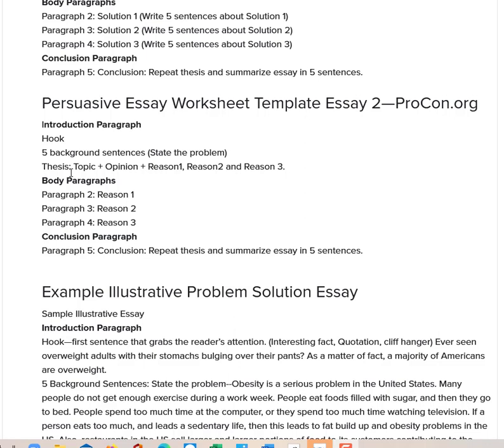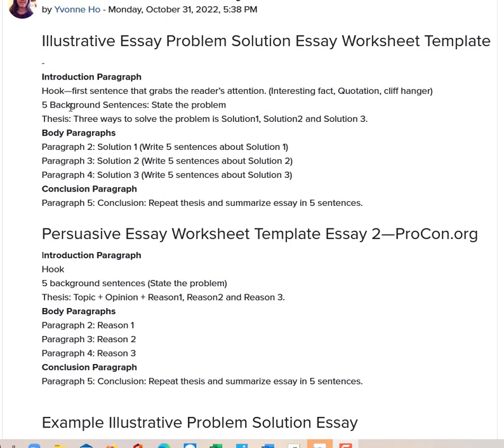And your thesis statement always has to have a how and a why. We're going to discuss how to create effective thesis statements in one of the weeks, I forget which week. So for your hook, it's the same structure as the illustrative essay that we're going to use